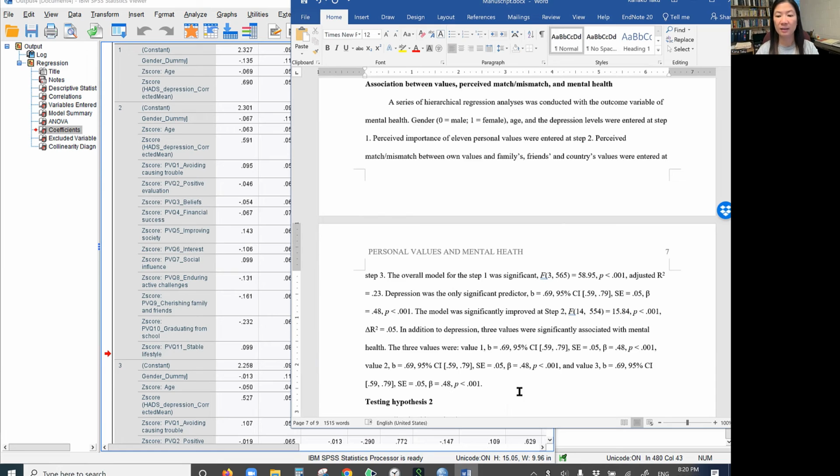Then finally, the model at step 3. Once again, the model was significant. So this is what I'm talking about. It's repetitive. I'm always tempted to change something or skip something, but not do it. It's probably not super interesting for the YouTube video, but it's okay.